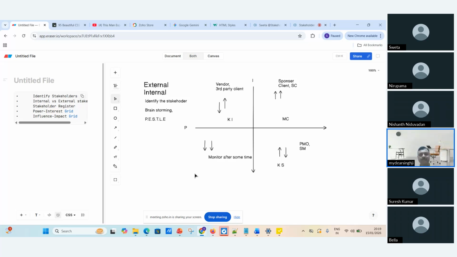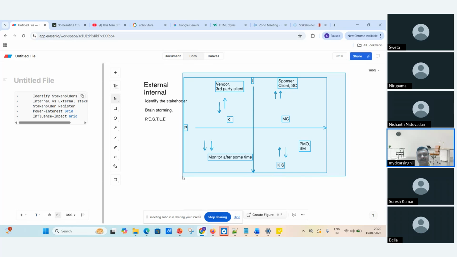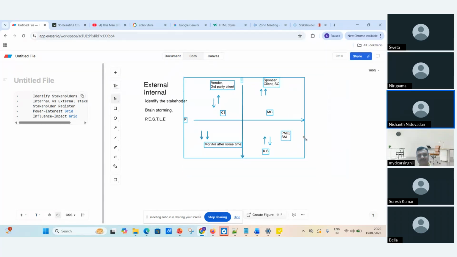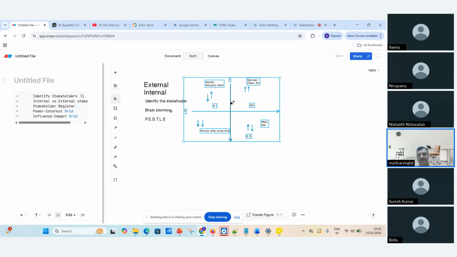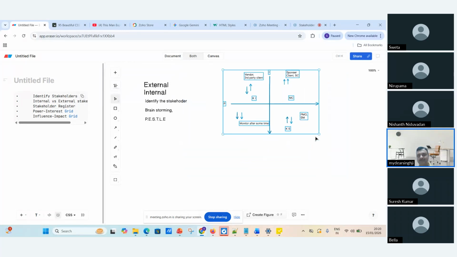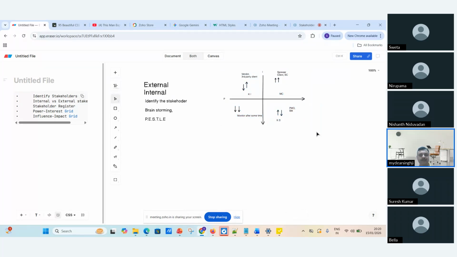Is there any doubt about the stakeholder categorization? Is this clear? Yes, clear. Good. Now we are going to see, from the PMP perspective, one more kind of categorization.